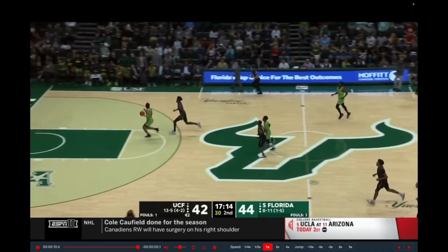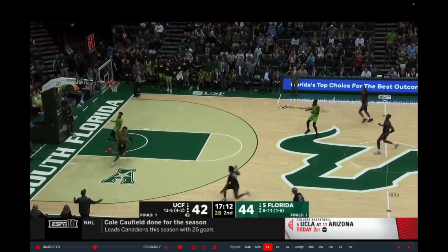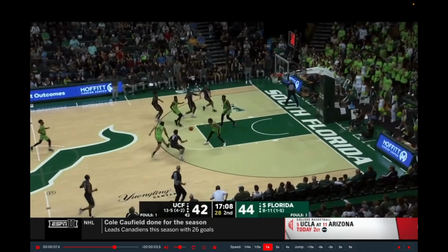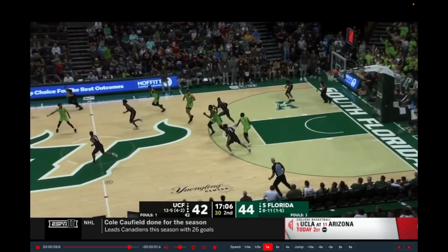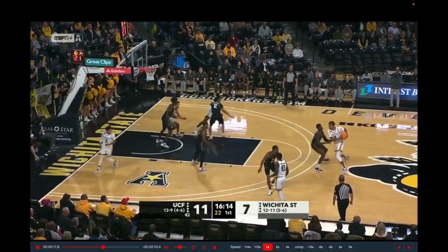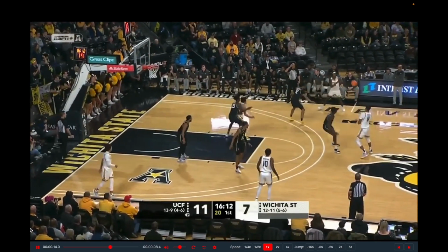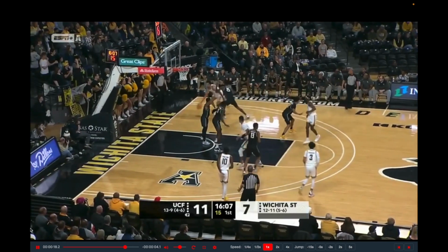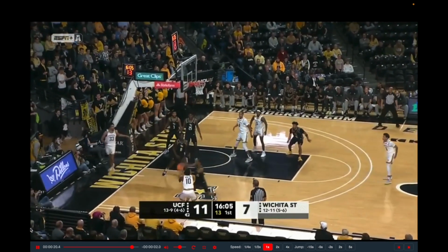Like, his engagement is epic. And then he sprints the floor. He absolutely sprints the floor. Oh, you can hear the footsteps from Orlando, taken away by USF. And he's just a fighter. Look at him in the middle of the screen, like, bully this dude out of the post. Like, not giving him an inch, despite his kind of small frame at the moment, and then he forces a